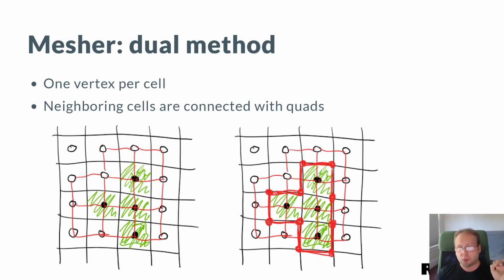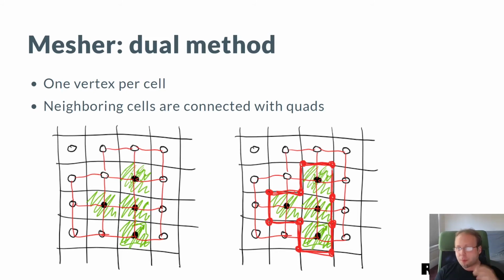Then we have to do 2 things. One is we have to place the vertex inside a cell somewhere. In this picture, we place the vertex in the middle of the cell, which happens to align with the corners of source voxels. And also we have to connect neighboring active cells together. In the 2D case, we have to connect them with lines. And then in the 3D case, in our actual case, we have to connect them with quads, which is nice because this actually means that the topology of our terrain mesh output is just a lot of quads, tends to be a bit more uniform, nicer to work with in some cases. There are some extra optimizations that you can do for raycasts and such when you know that it's just quads.